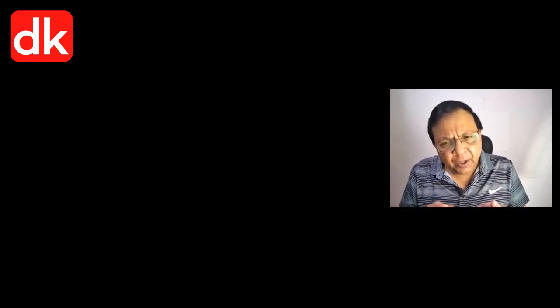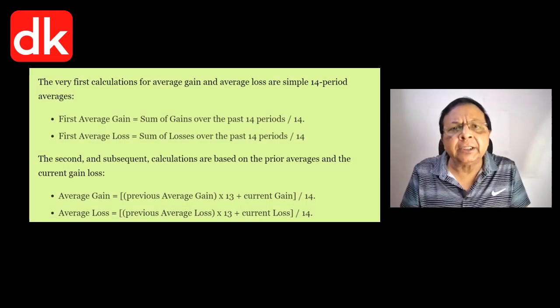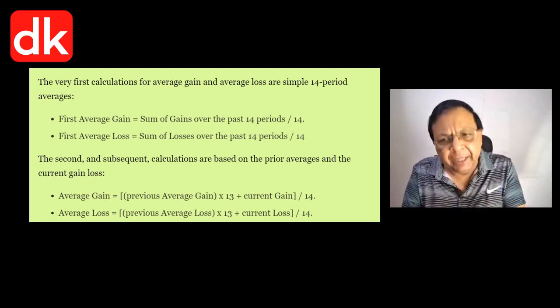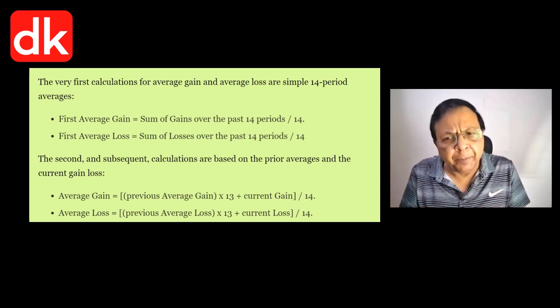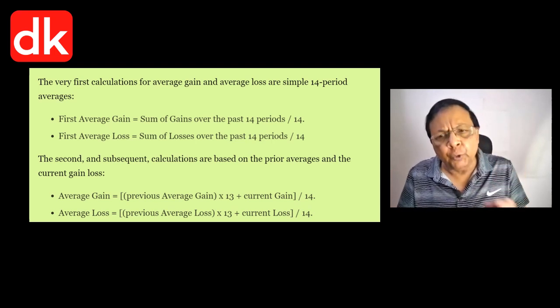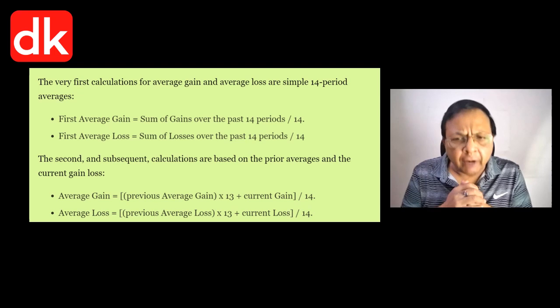So the default period for RSI, as set by the original developer, Mr. Wilder, was a 14-day period. Now let us understand the first calculation for average gain and average loss. They are simply based on the 14-day period, which was the original default, and the majority of charting tools you find today will always have a default value of 14. However, you have an option to alter it according to your wish.